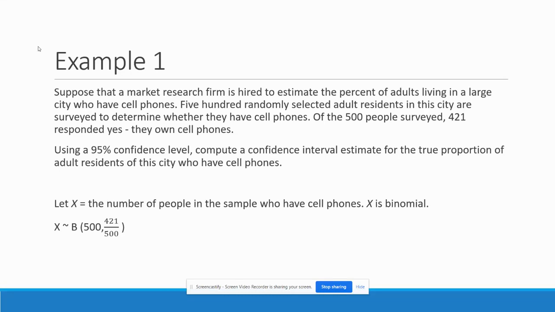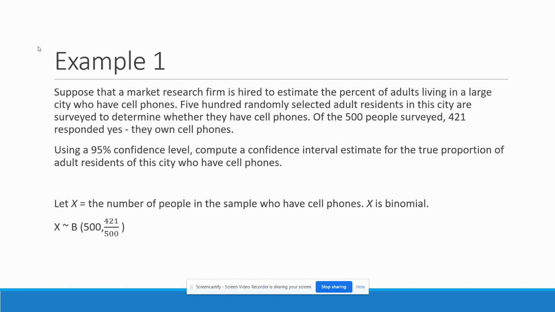So let's look at an example. Suppose that a market research firm is hired to estimate the percentage of adults living in a large city who have cell phones. 500 randomly selected adult residents in this city are surveyed to determine whether they have cell phones. Of the 500 people surveyed, 421 responded yes, they do own cell phones. Using a 95% confidence level, compute a confidence interval estimate of the true proportion of adult residents of the city